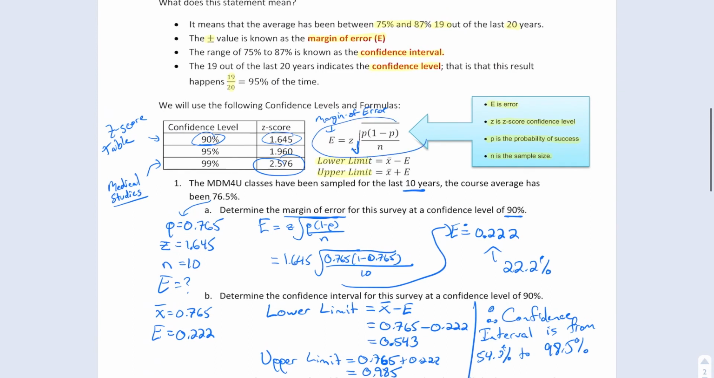So there's a few questions to try out here from the textbook. Again, this is a bit tricky, but keep these formulas in front of you so these